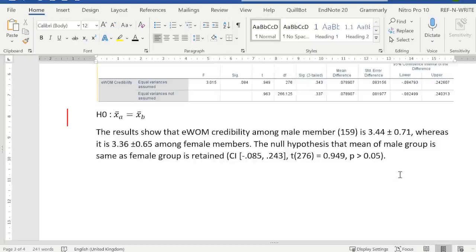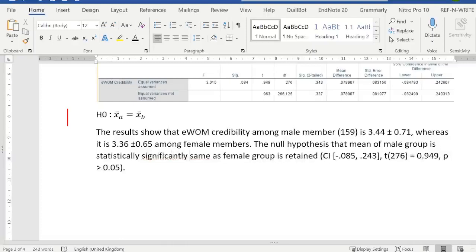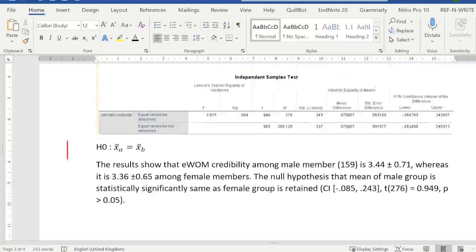But since it's equal, we are not going to report that, and we're just going to say that the null hypothesis that the mean of male group is statistically significantly same as female group. And that's it. That's our interpretation of